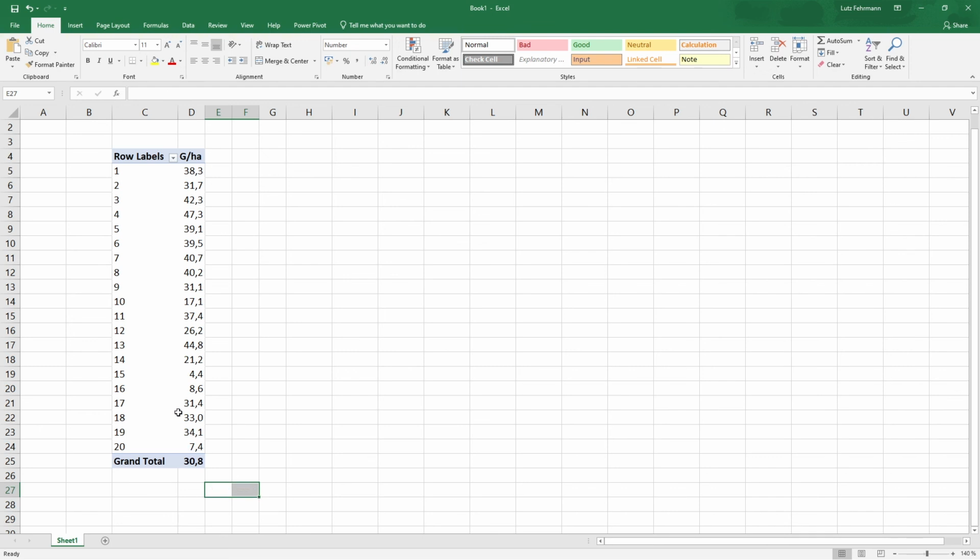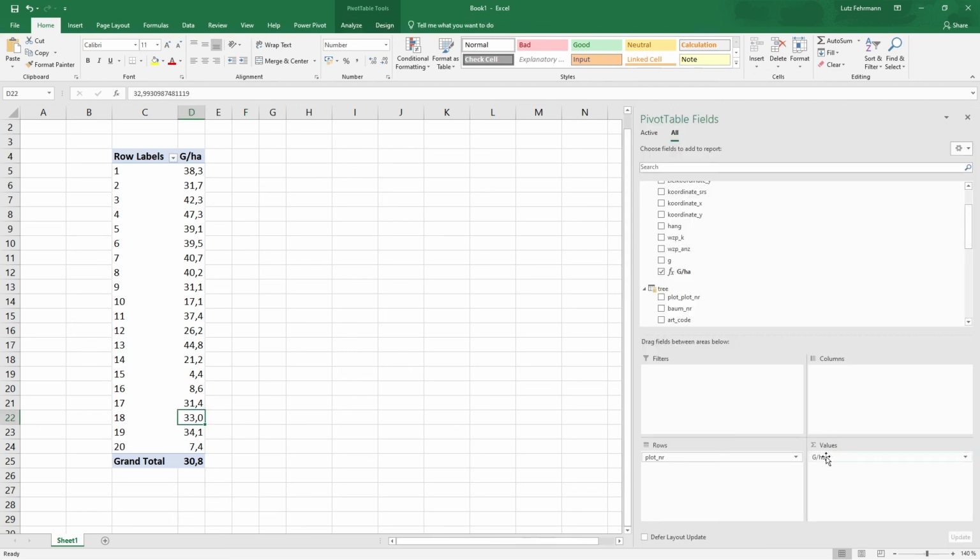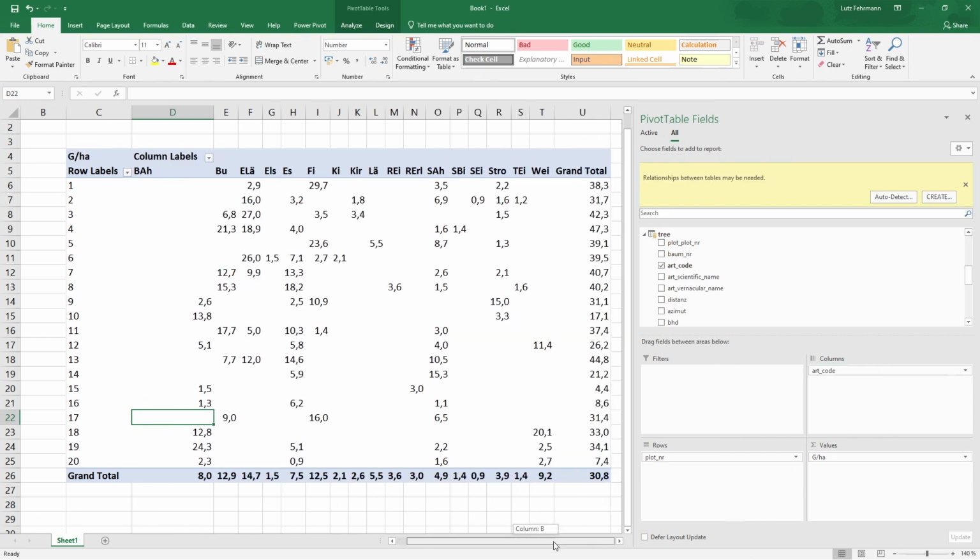And if we look at this estimator now that we have implemented, and we would slice our data using, for example, the species code of the single trees as an additional filter, then you can see that this measure is now computed for every single tree species separately. We also don't need the plot ID anymore.